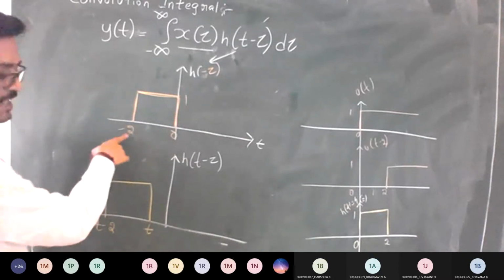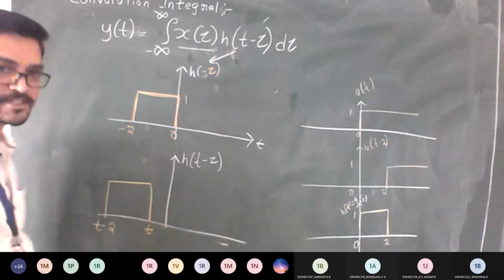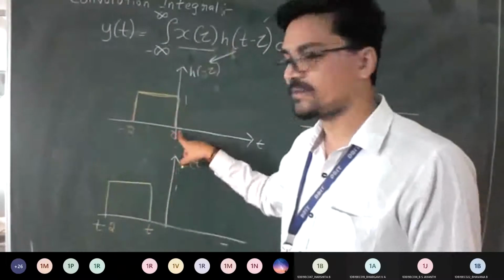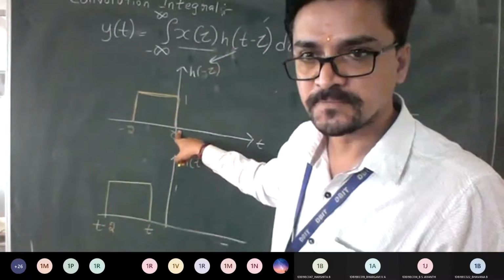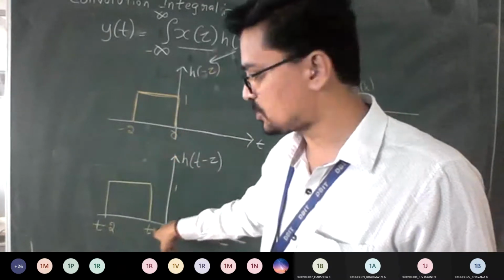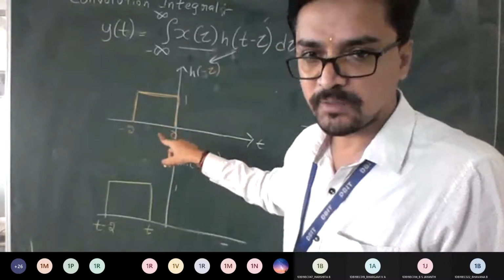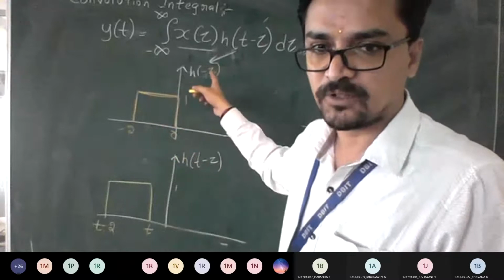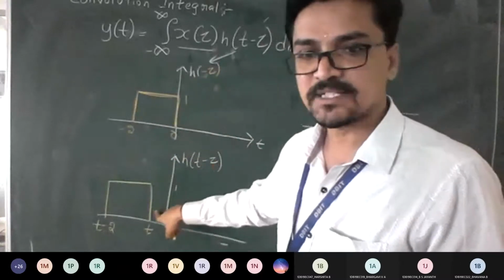Why t minus 2? Because the maximum is this. You just check. If I give t equal to 0, this amplitude is 1. If t is equal to 0, is it the same answer? Yes, sir. See, if I give t equal to 0, it is going to be 0 to minus 2. That itself is this. So in general, we are supposed to plot it because I don't know what value of t is going to convolve with my x of 2. For that purpose, I am keeping my h of t minus 2 in this fashion.